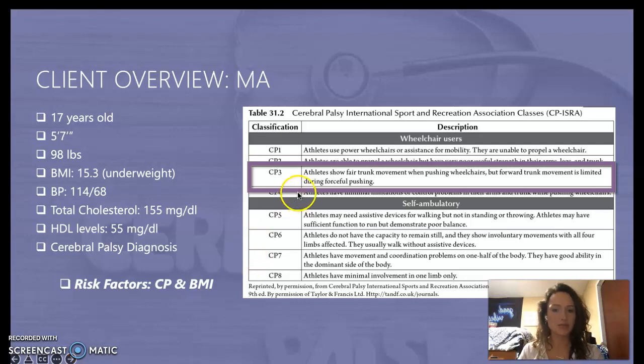And you can see in the table to your right, he is a CP3 classification with cerebral palsy, and that just means that this person is often in a wheelchair, but he is able to ambulate with a walker or some sort of assisted walking technique most of the time, but it's generally for short intensities and short instances. But in this case, it's just something that we need to take note of as far as creating his exercise